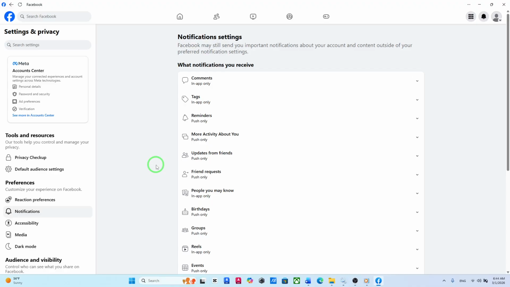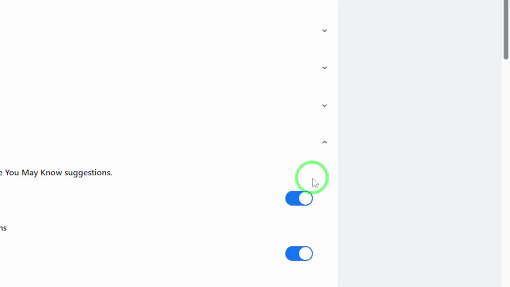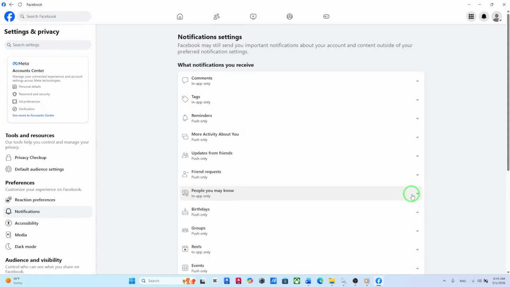To refine things precisely, stay on the notifications page and look for the subsection labeled From People You May Know or something similar that references suggested friends. In that subsection, you'll see an option to enable email notifications. Toggle or switch this on so that Facebook can send you emails whenever there are new suggested people to consider connecting with. Enabling this keeps you informed even when you're not actively browsing the app, so you won't miss potential